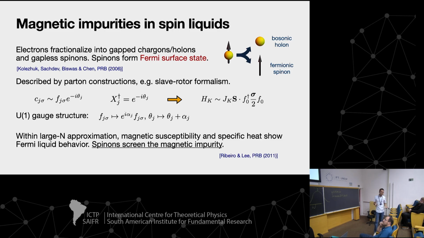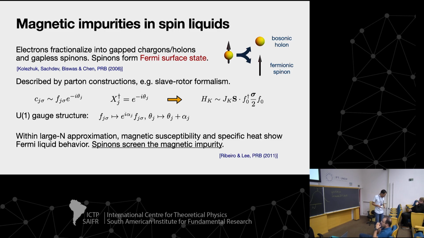And this is an inherently strongly coupled theory, so the best you can do is to treat it with some mean field approximation or a large N. And in that approximation, the conclusion is that this gauge field does not do much in terms of physical properties that are important for the Kondo effect. Basically, we recover some kind of Fermi liquid behavior for the strong coupling fixed point, with this difference that what is screening the magnetic impurity are the spinons rather than the electrons.